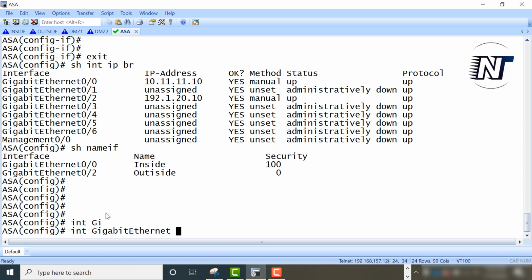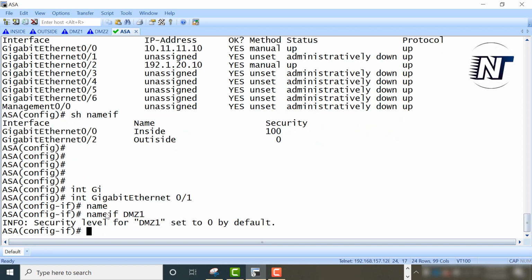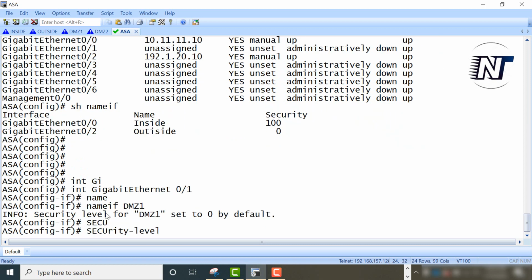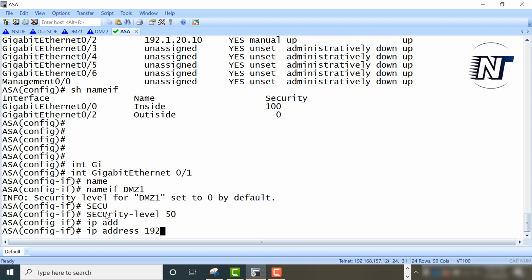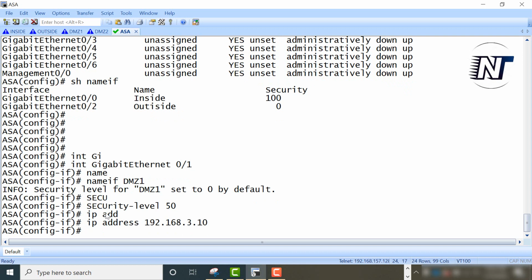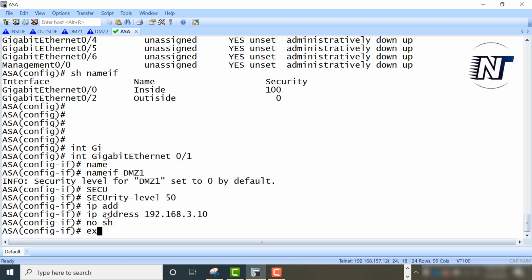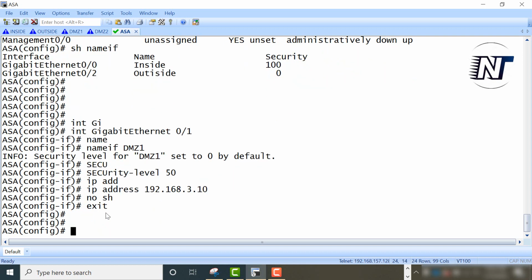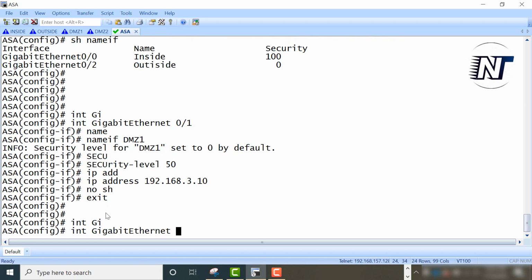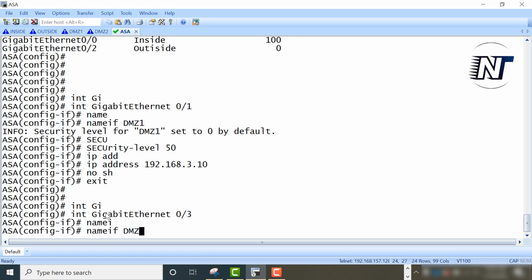Interface gig 0/1, name it DMZ1. I'll set the security level here. Security level 50. IP address 192.168.3.10. No shut. Exit. I don't need to put the mask over here because it is the default mask. Next, interface gig 0/3, nameif DMZ2.